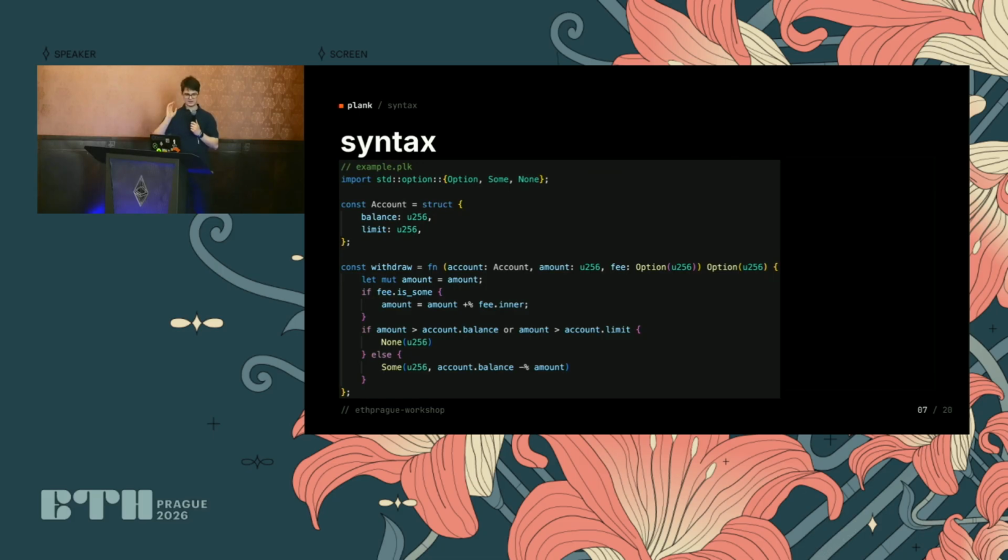So I want to directly show you the syntax just so you can start downloading it into your brain and get some familiarity with it. It's a mix of Rust and Zig inspired syntax. So you see here the syntax for importing stuff from the standard library, a comment, how you define a struct. We have here a function, and the syntax for defining a function you'll see is a bit weird. It's a constant that is assigned a function. The reason I do this is so that no matter how your functions or constants are defined, you can easily find them. And more importantly, your LLMs can also easily find them by just grepping, versus if there's specific syntax for each.